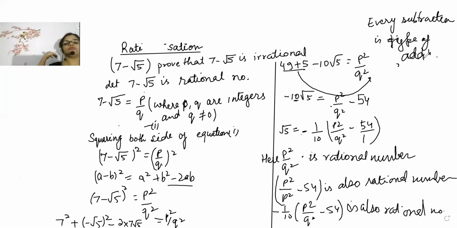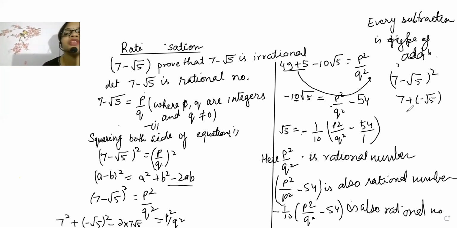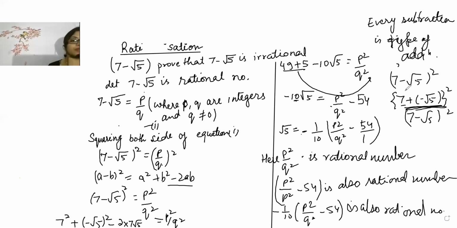Now, how to prove this point? Look here, beta. I'm first explaining, 7 minus root 5 whole square is there. But beta, shall we write this minus root 5 and take it inside? Whenever plus and minus multiply, it will become minus only. What is the difference? No difference. So beta, shall we write this in the a square plus b square format? When you take minus root 5 inside, it comes in the formula a square plus b square plus 2ab.